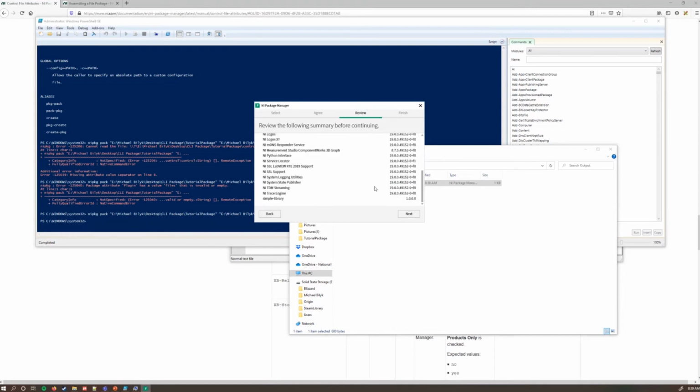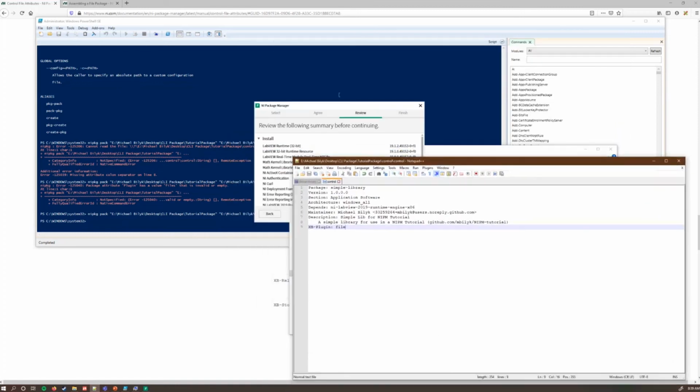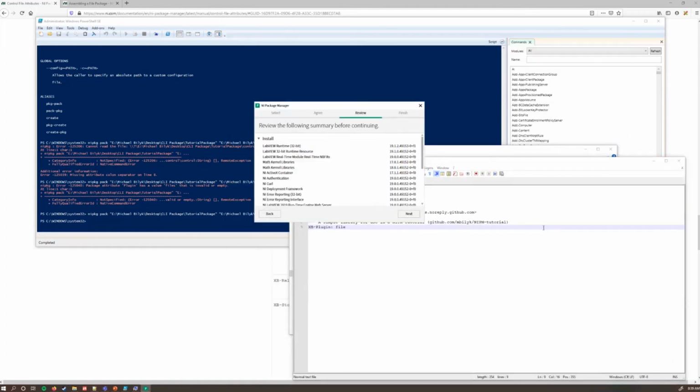You'll notice that it wants me to install all of these items. That's because I have in my control file that this depends on the LabVIEW runtime engine,